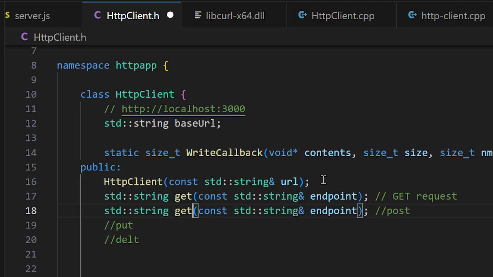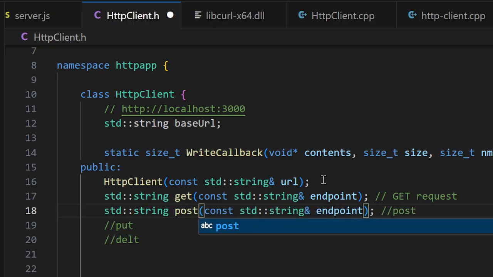Call it post. One difference between this get request and post request is that in the post request we also send the data in its body. So you need to have another parameter to send the data, maybe string type, const, we want to send this as JSON data,